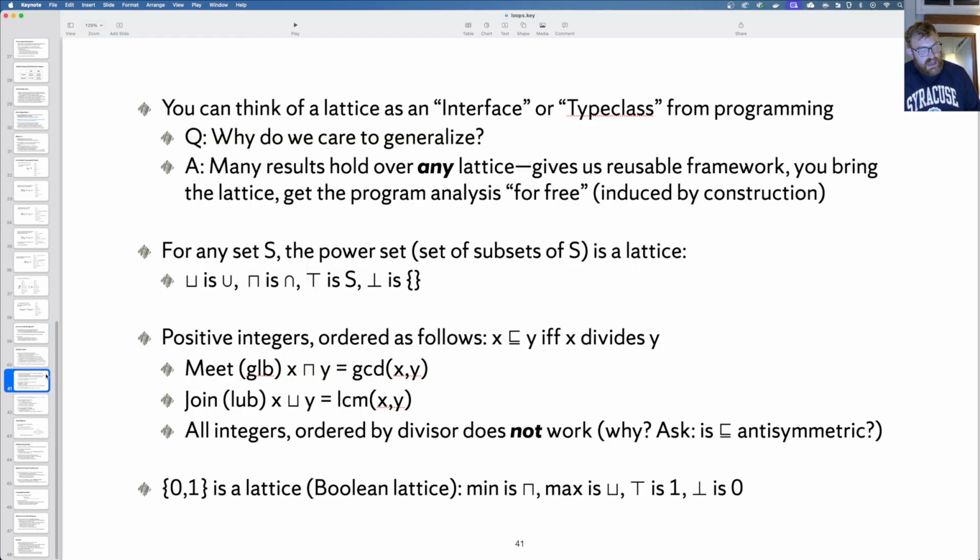Now, you can think of lattices as sort of a type class or an interface. Why do we care to generalize? Well, many of the properties for these data flow analysis frameworks hold over any arbitrary lattice with some certain properties. And it's really hard to build these static analyses, and so you don't want to have to build them one at a time.